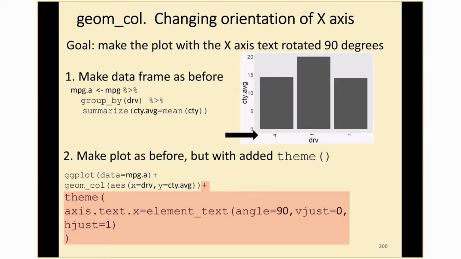So what I want to do here is change the orientation of the axis text x. Before it was 4, and I want to flip it: F, flip it, R, flip it. Recall, this is the way we made the data frame before. In order to accomplish the goal, to flip this axis text, what we're going to do